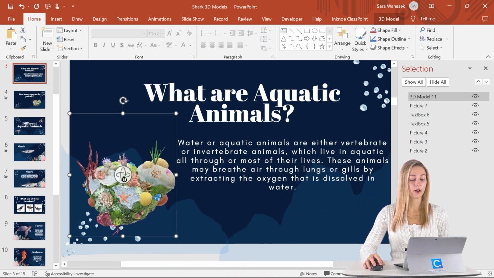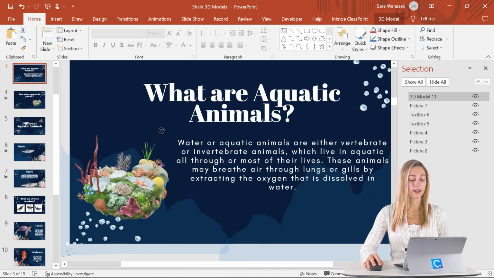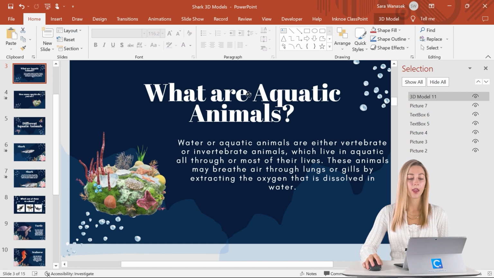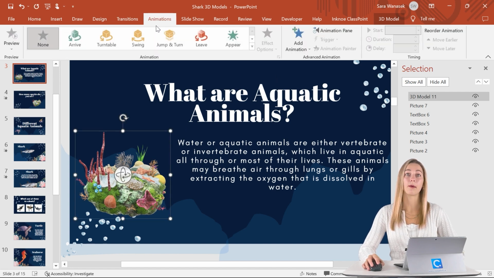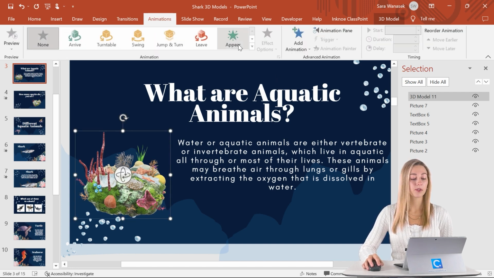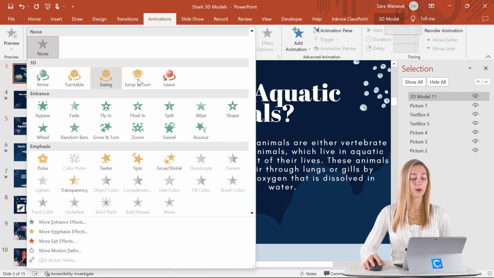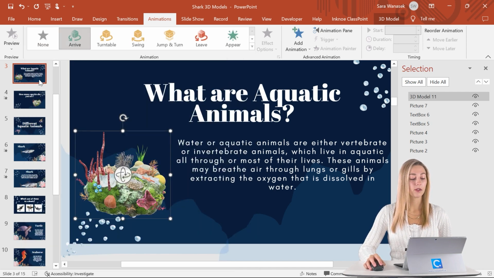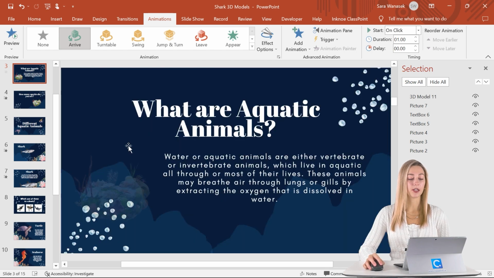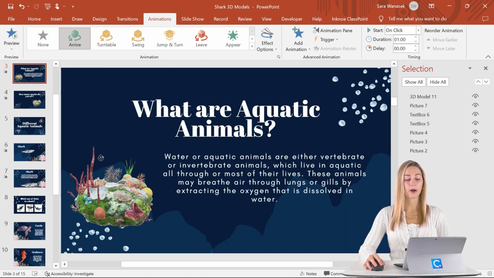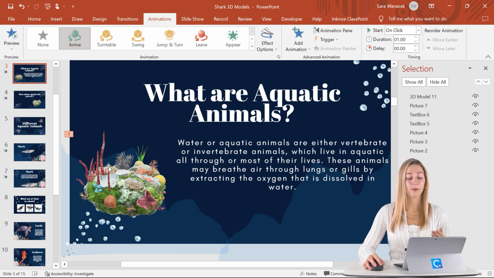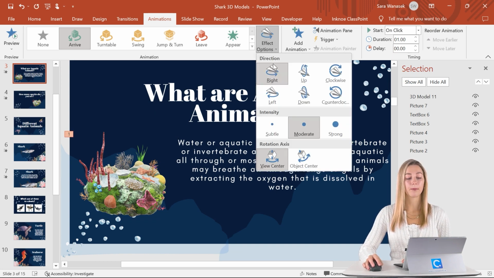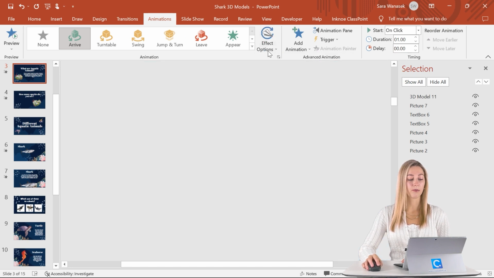So once it is on our slide, we can go ahead and change the position here and then click on the animations tab in our PowerPoint ribbon. So you guys will see if we open these up that there are a whole bunch of 3D animations that you can add. So let's just do an entrance animation here. You'll see a quick preview how it turns and comes up from behind into your slide. So you can change that if you want up here in the effect options. So let's just have it turn from there.